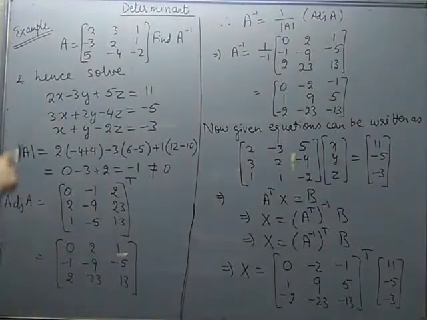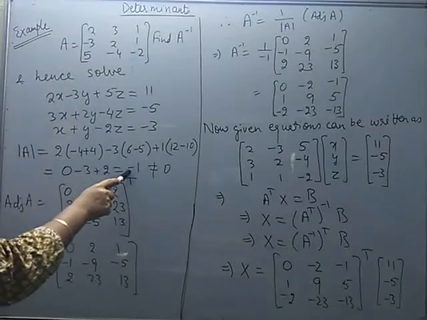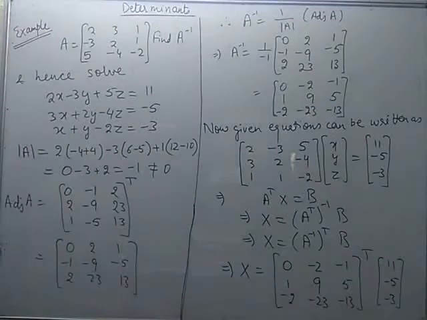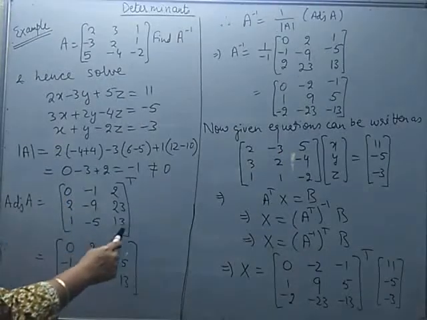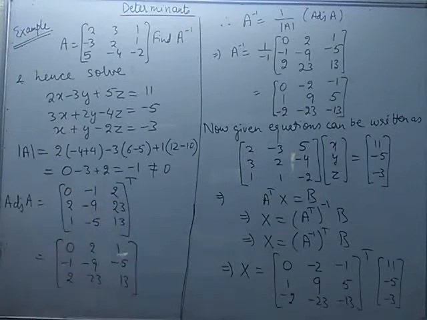So when the determinant of A is evaluated by expanding it along the first row, its value comes out to be -1, which is not equal to 0. That means its inverse will exist. Then calculating the adjoint of A, this is the matrix of cofactors, and then its transpose is taken. You can quickly check some of the elements randomly that they are correctly mentioned.